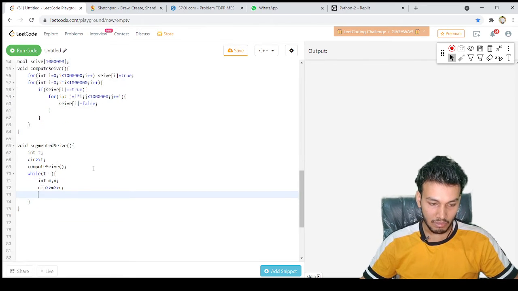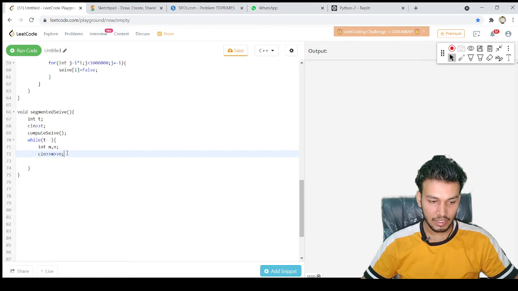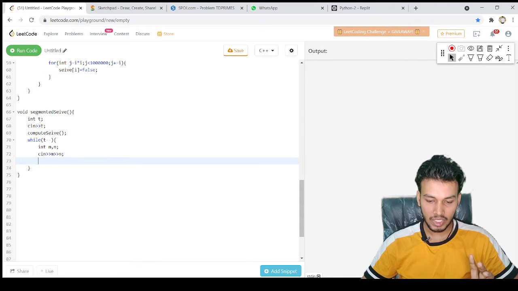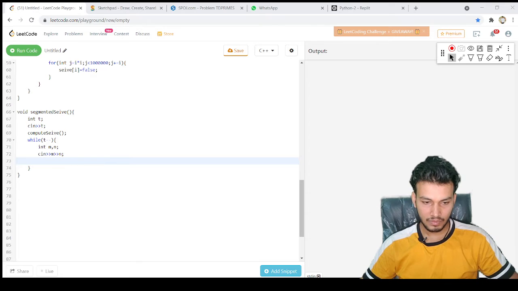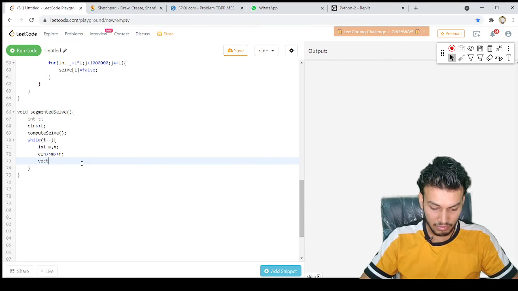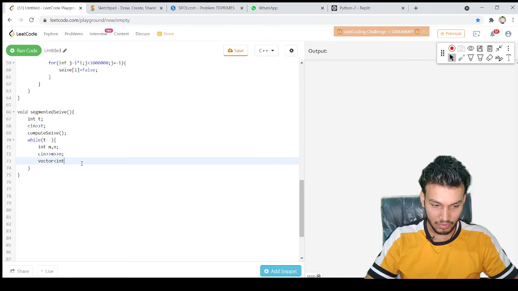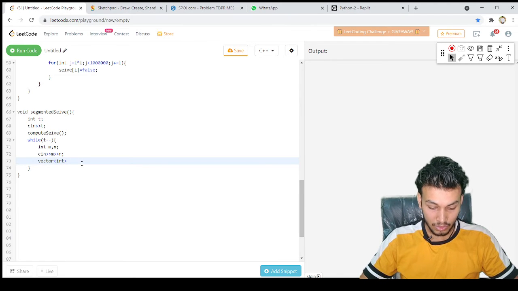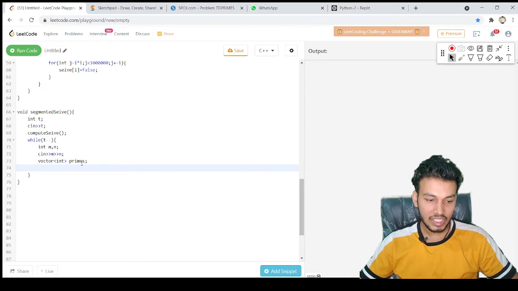So m is the lower range, n is the upper range. And now let's create a vector of type integer. This vector will be for primes because we need primes between this range m and n.